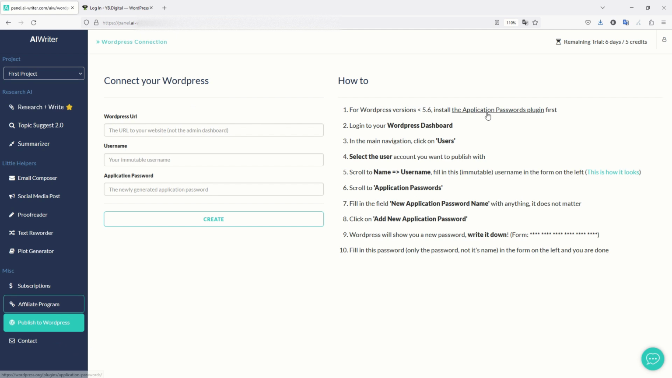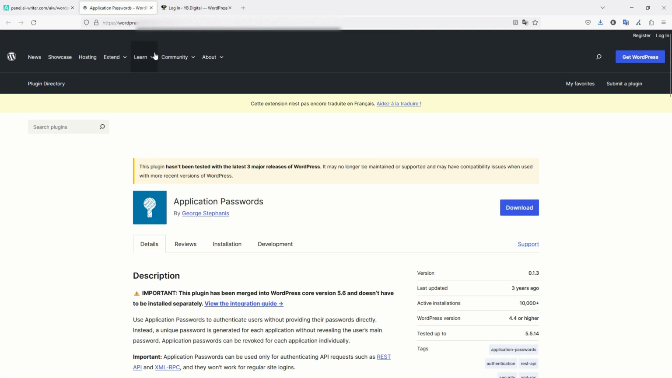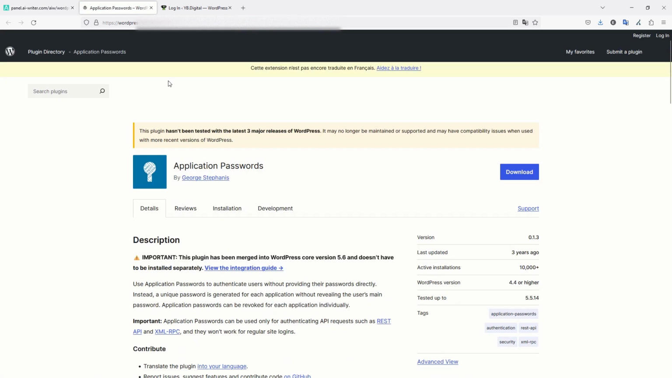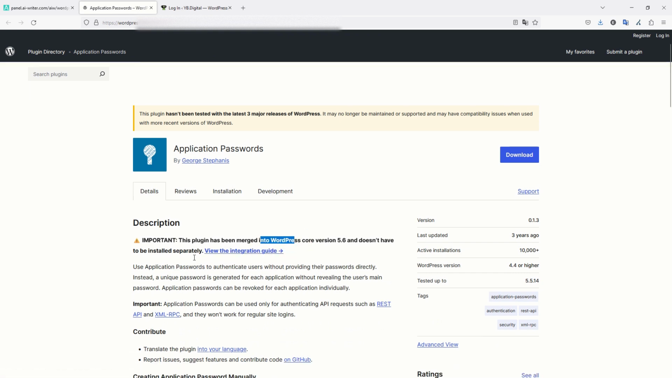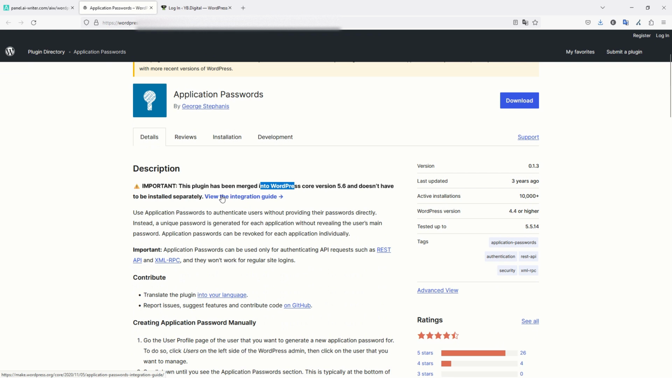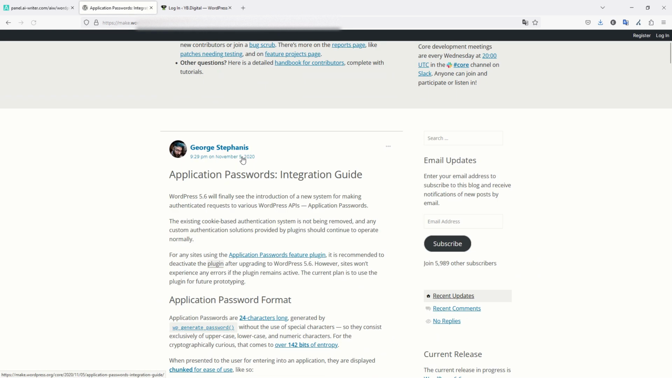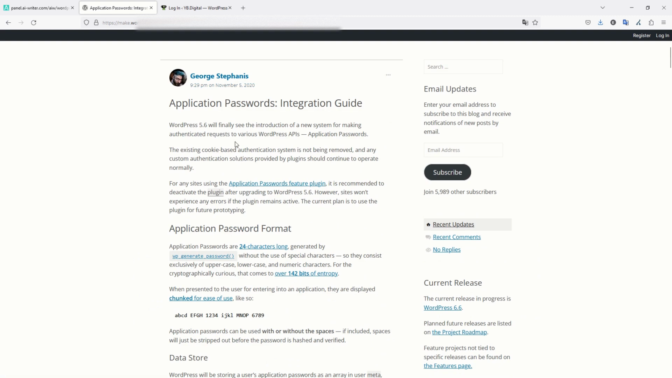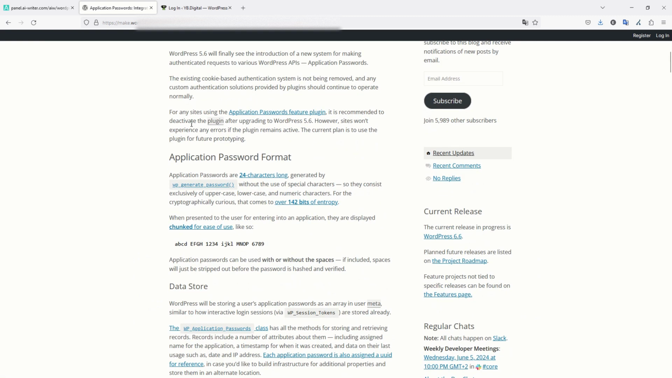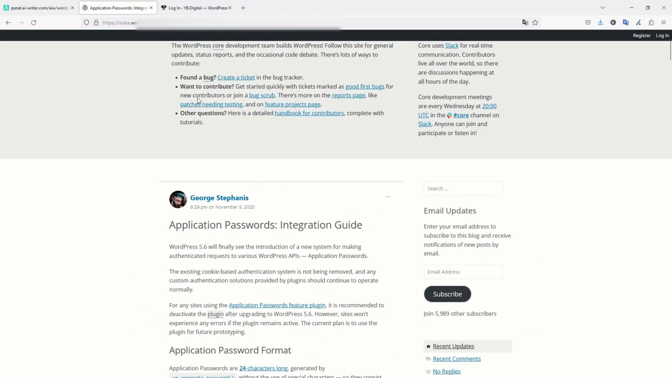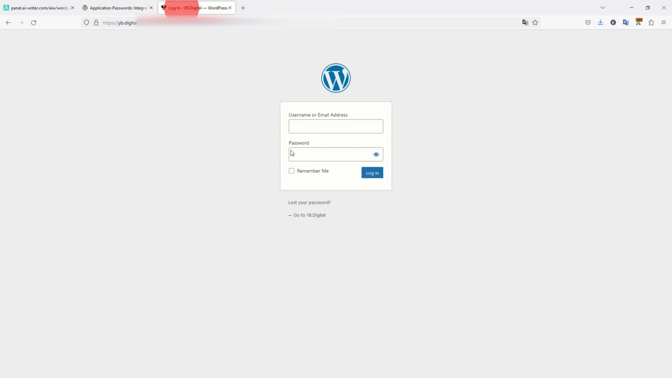So now we have to install an application passwords plugin first. Okay, so let's check what this plugin is. Okay, merge. It doesn't have to be installed separately. Okay, there is an integration guide. So in WordPress 5.6 it is integrated, so that's a little complicated. Anyway, let's log in on